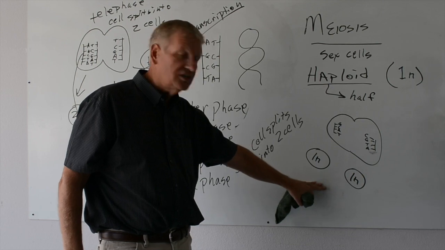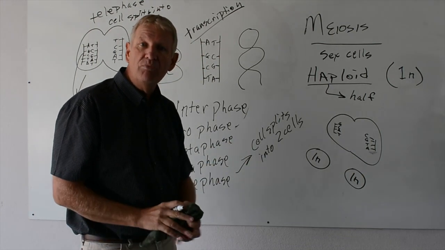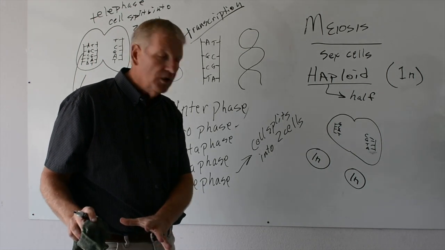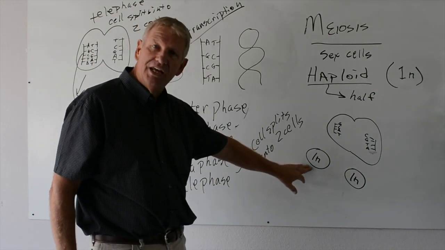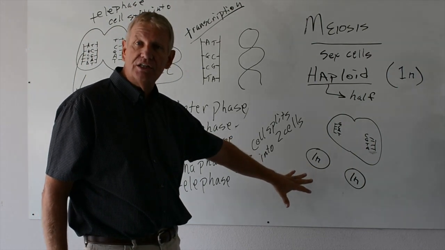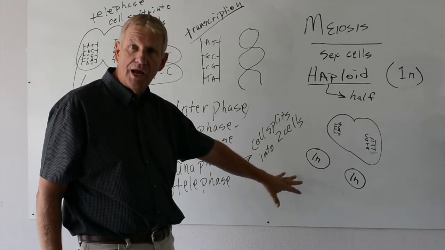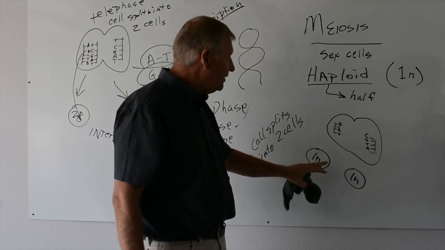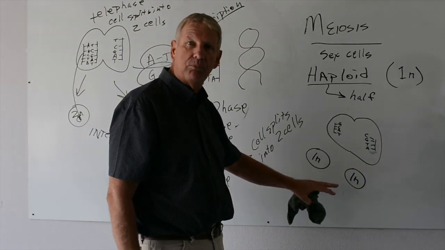Okay, you're following this? Is this making sense? It's haploid. Half. Latin name, haploid. Haploid is half. So it's half of the DNA. Can this cell exist? Yeah, this cell can exist, but not real long. So this cell keeps dividing. So then we have the egg and the sperm are haploid.